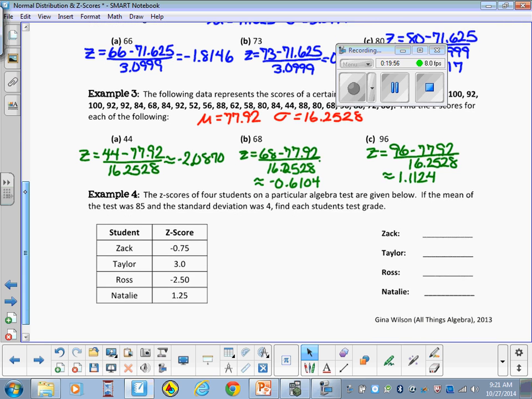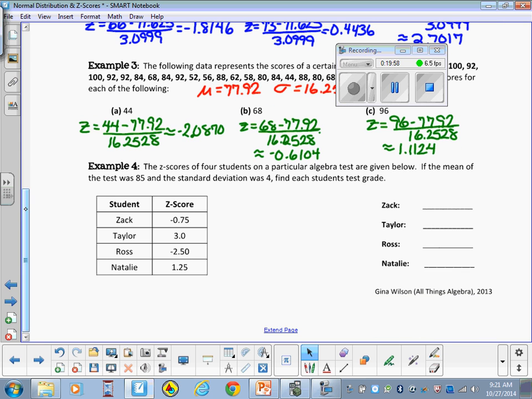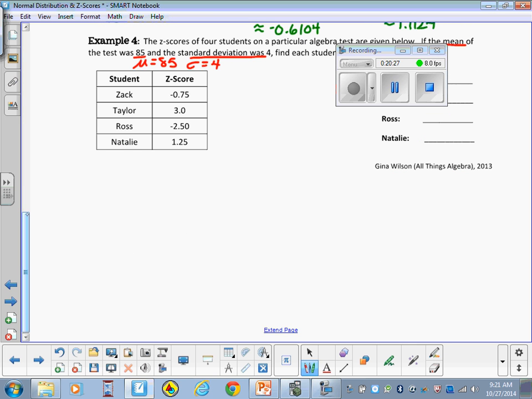Let's look at another set of examples. The z-scores of 4 students on a particular algebra test are given below. Ooh, the mean of the test was 85. And the standard deviation was 4. Find each student's test grade. I love to do this to students, and I've been known to do this to students in my day school